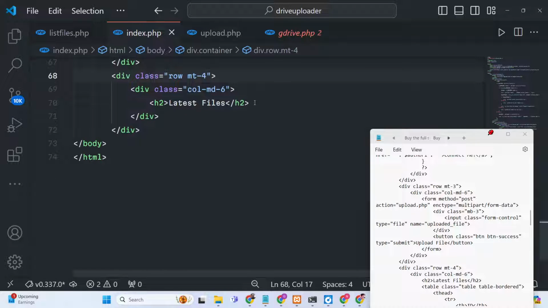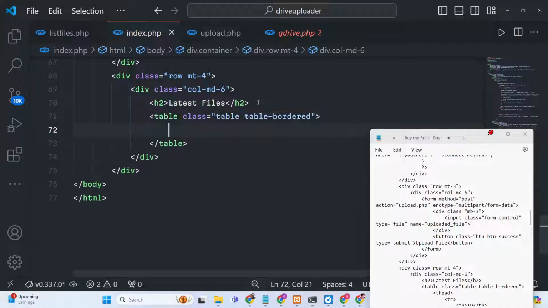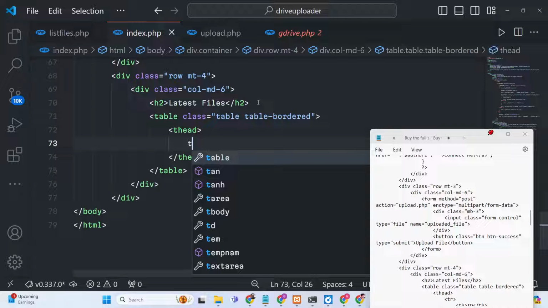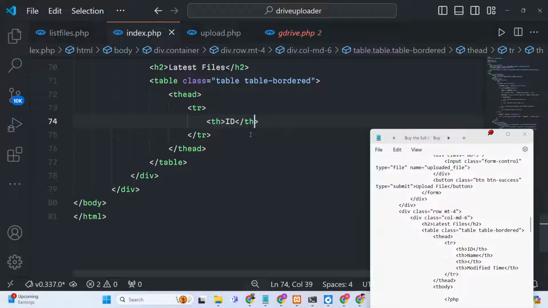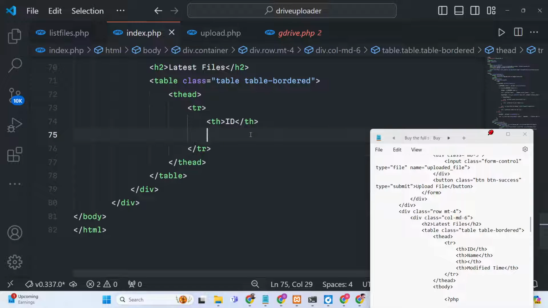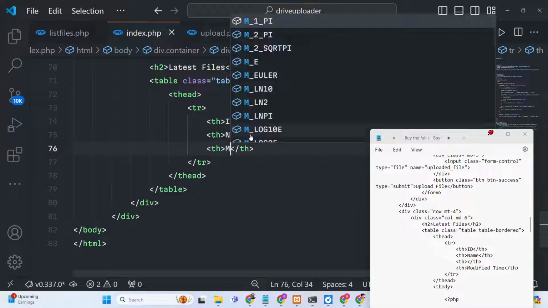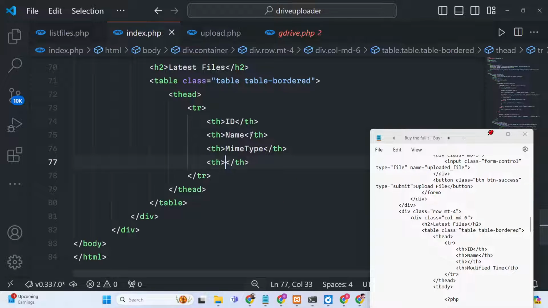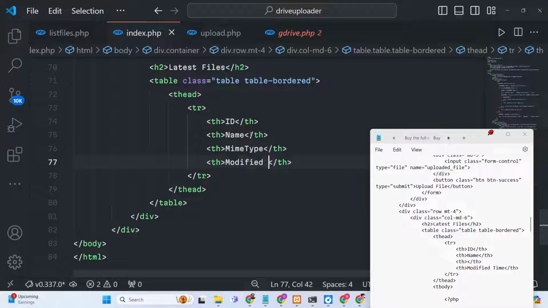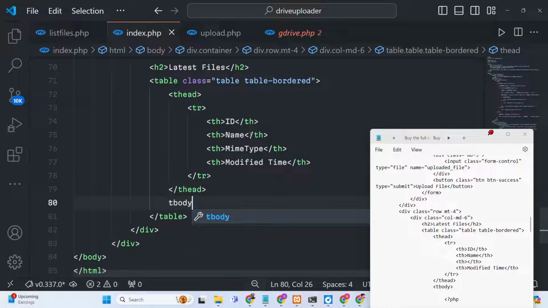This will be coming from the Google Drive, whichever files are present. So table bordered and table head, and we will have columns right here: the ID of the file, which will be useful for downloading and deleting it, then the name of the file, and then the mime type, which is the extension, and the modified time. So these 4 properties we can grab of each file, and after this we will have the table body tag,